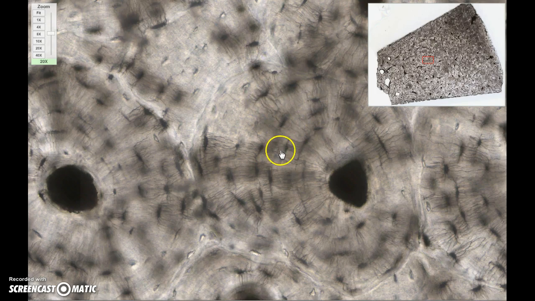In the living bone, that's where the cells would live. The osteocytes would have been found in those lacunae. And connecting those lacunae are these little string-like structures here, and those are the canaliculi. And if we think about the fact that this matrix of the bone is hard, the nutrients that are coming from the central canal, which would contain blood vessels, would have to diffuse through a solid